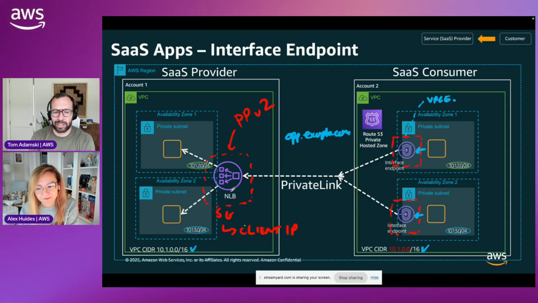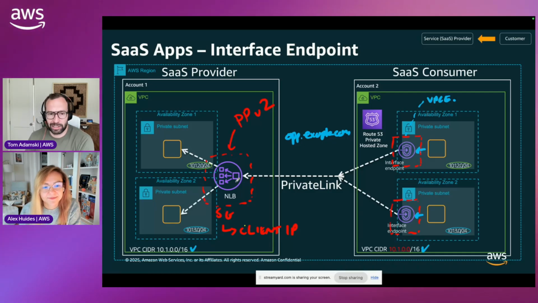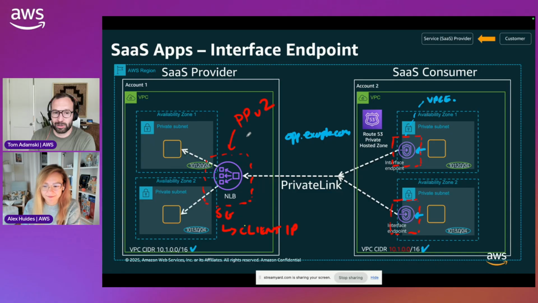It's something you can enable on the NLB. Because the NLB is TCP, it doesn't understand the application layer. Typically with HTTPS load balancers, you would add the client IP into an additional HTTP header, but the NLB might be transporting TCP traffic that's maybe HTTP, maybe not HTTP, so it has no way to make any changes in the application layer. So proxy protocol version 2 operates on the TCP layer. What it will actually do is wedge information about the client IP and I think VPC ID into the TCP